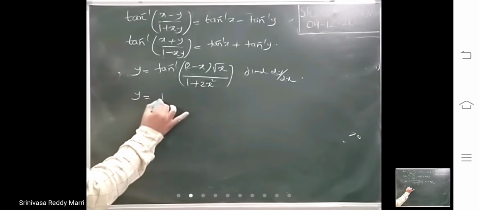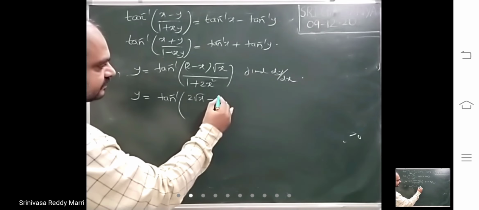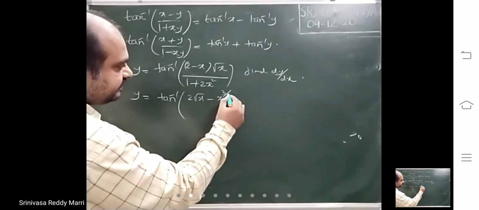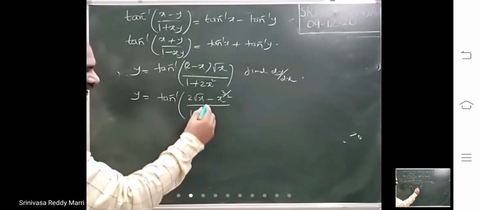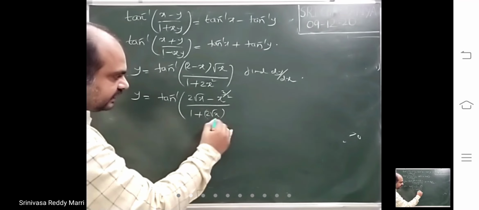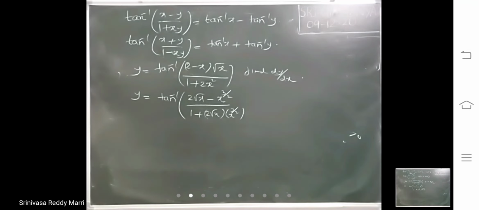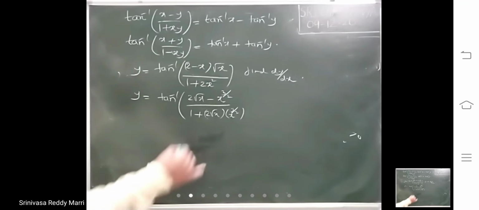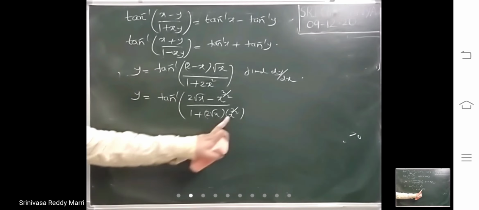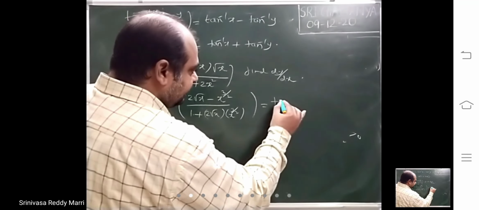Look at y equal to tan inverse of 2 root x minus x power 3 by 2 divided by 1 plus. This is x, this is y. Is xy there or not? 2 root x into x power 3 by 2. This is root x, that is x to the power 1 by 2, into x to the power 3 by 2. 1 by 2 plus 3 by 2 means x square only. That means this 2x square can be written as x into y. Now tan inverse of x minus y divided by 1 plus xy.